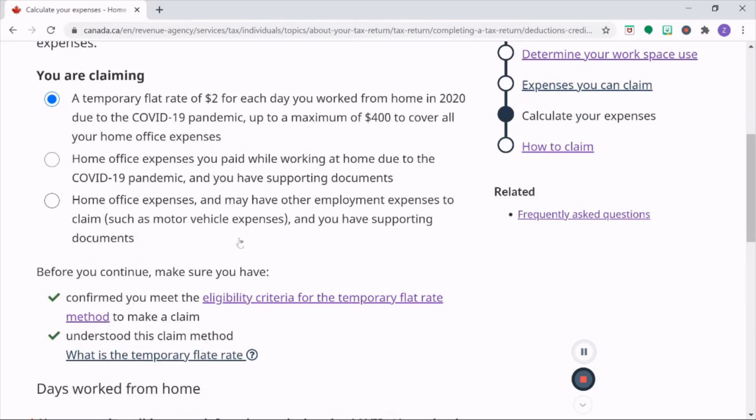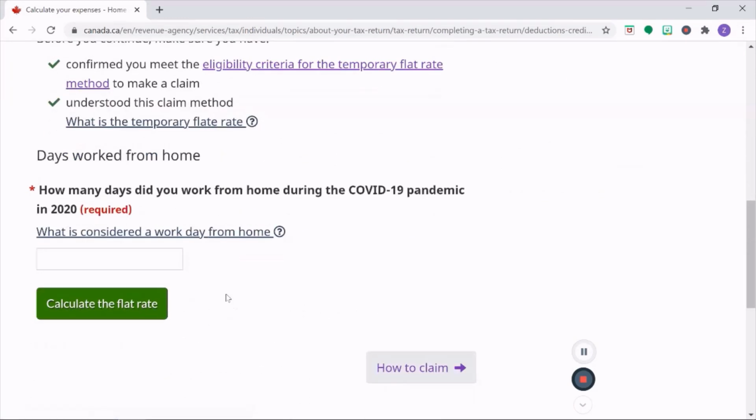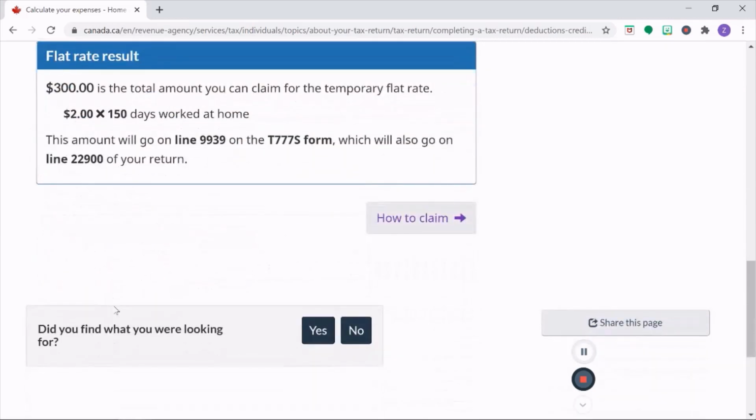Ensure you met the eligibility criteria and you understood this claim method. For the number of days worked from home, for this example, we will use 150 days. Click Calculate the flat rate. The calculator shows that we can claim $300 of home office expense.